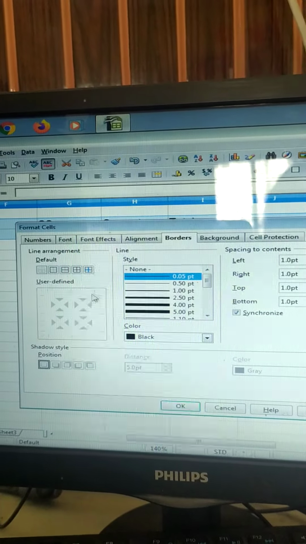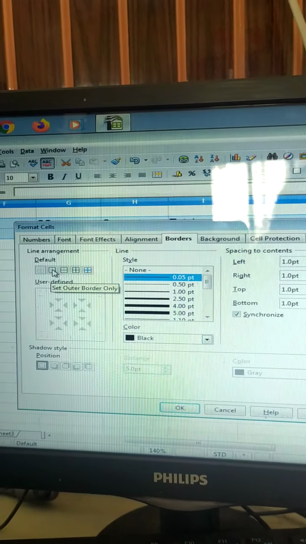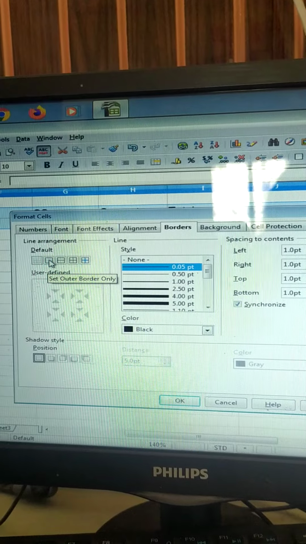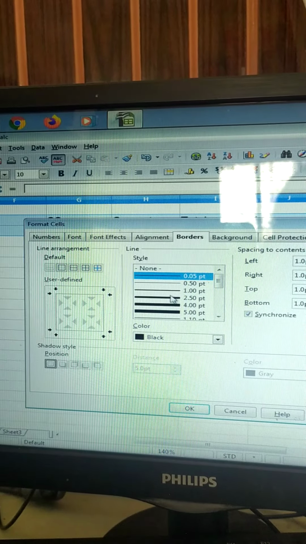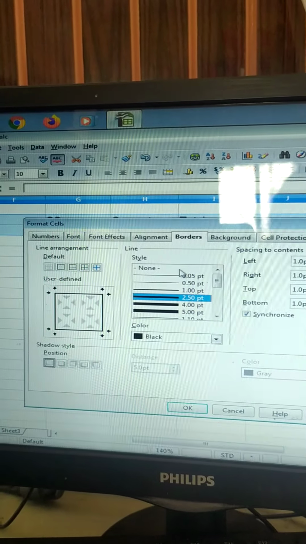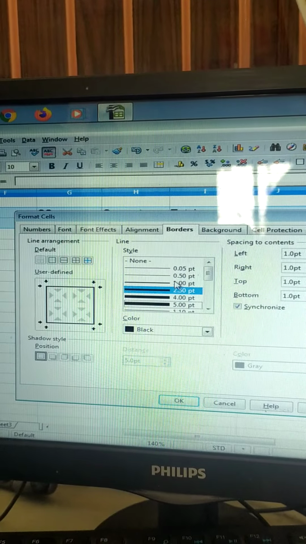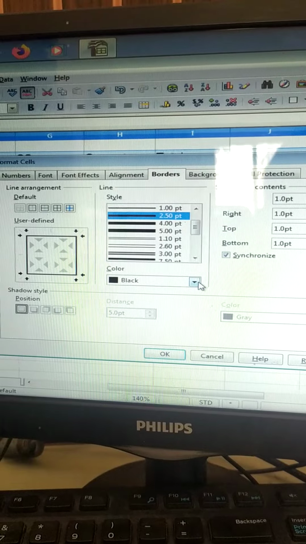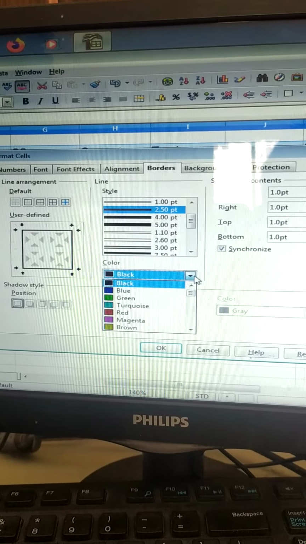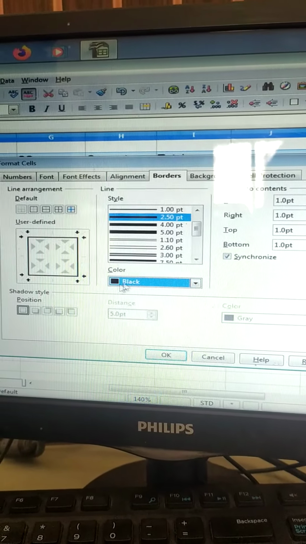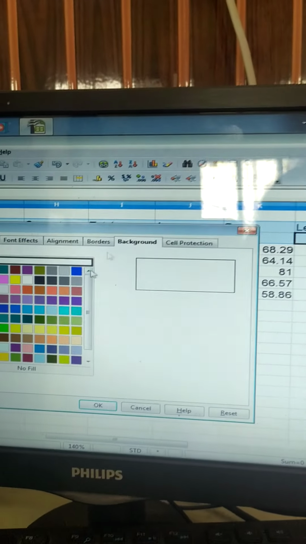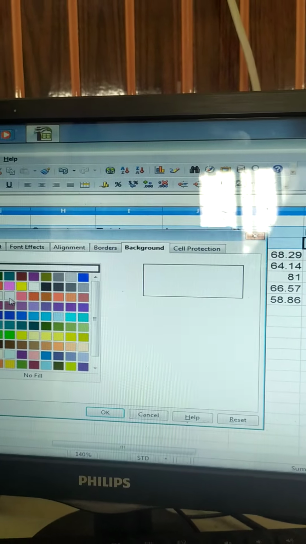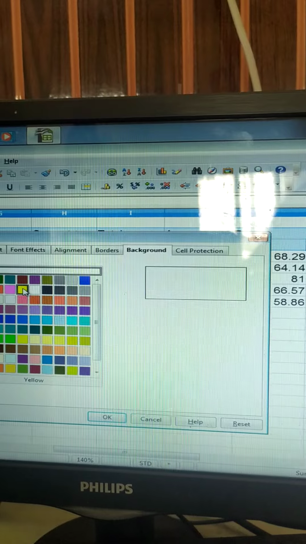Then we can even apply borders over here. Select the border. If I want thick border, whatever border, you have many options for border. Select the border. Here you can change the color also of the border. I'll keep it black only. Then background. Now cell background, you can change the cell background.